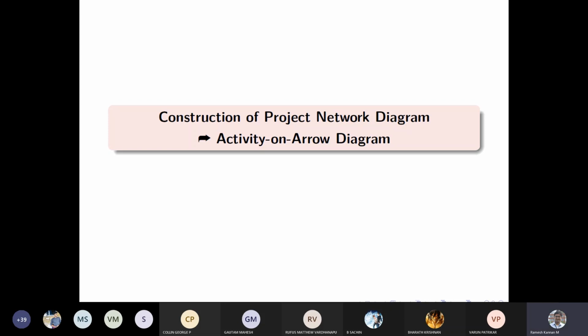We talked about network, activity, event, and what is a project, and we talked about the rules for constructing the network diagram. And also what are the things that you shouldn't do, like the dangling error or the hanging error or the looping or cycling inside a network diagram and so on. Now we will put our heart and soul into constructing this particular network diagram.